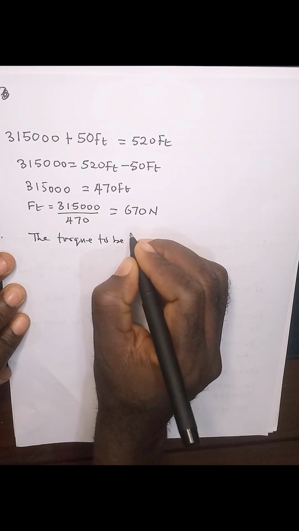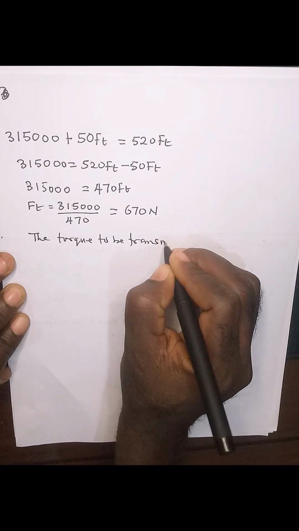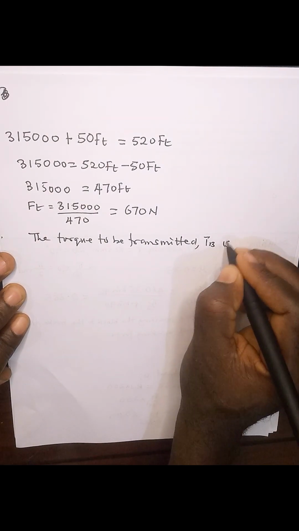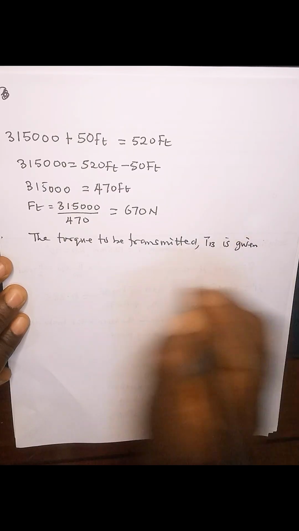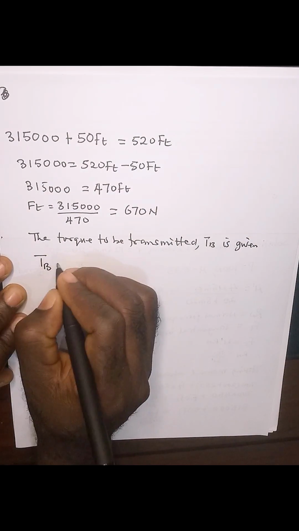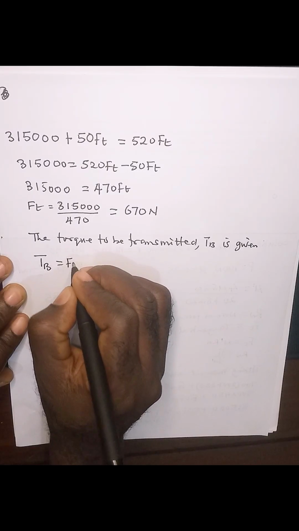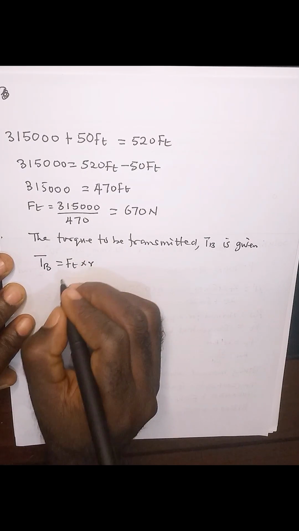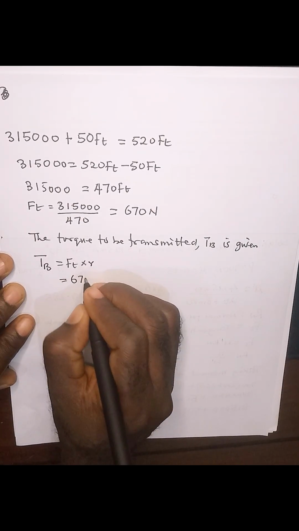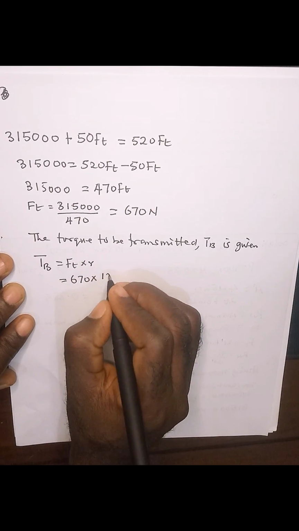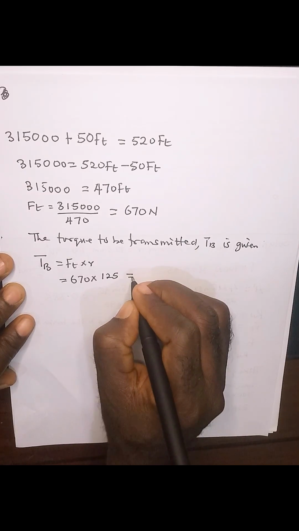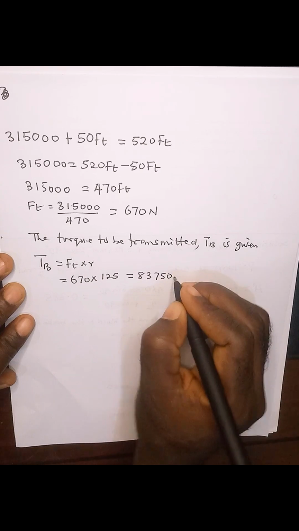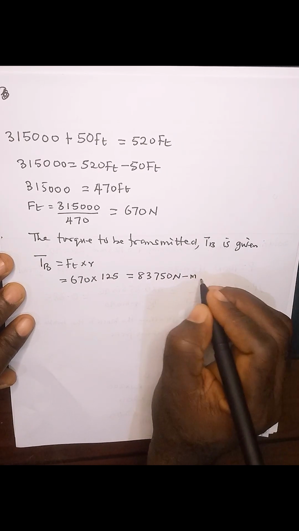Then the torque to be transmitted, TB, is given by the torque TB is equal to the tangential force multiplied by the radius of the drum, which is equal to 670 multiplied by 125, and this will give 83,750 Newton millimeter,